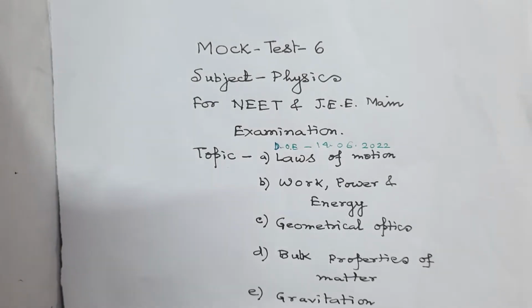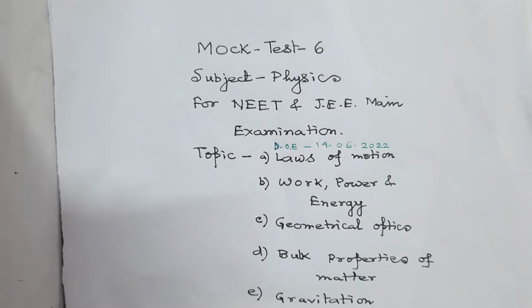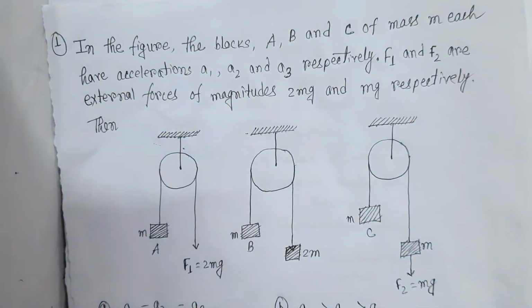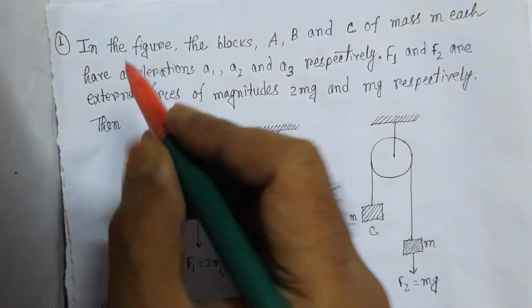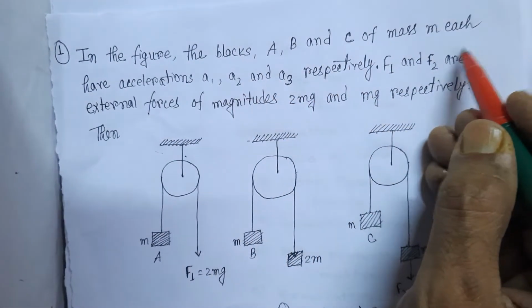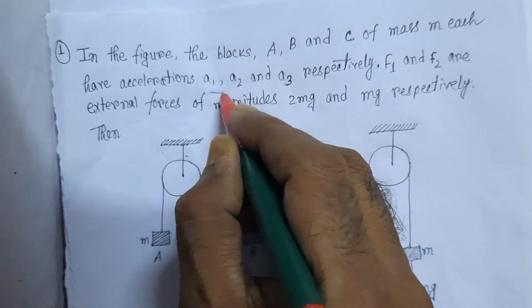Here in this lesson, I am giving you the answers to the questions of the 6th mock test held on 14 June. Now, let us consider the first question. It is a pulley problem. Let us see. In the figure, the blocks A, B and C of mass m each have accelerations A1, A2